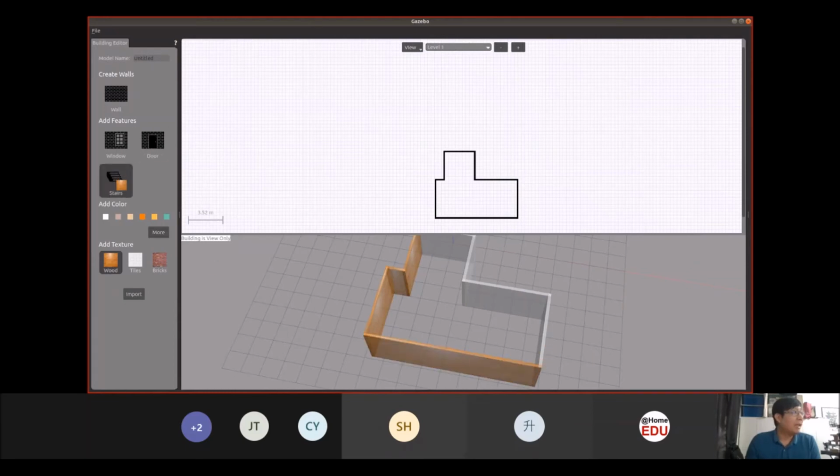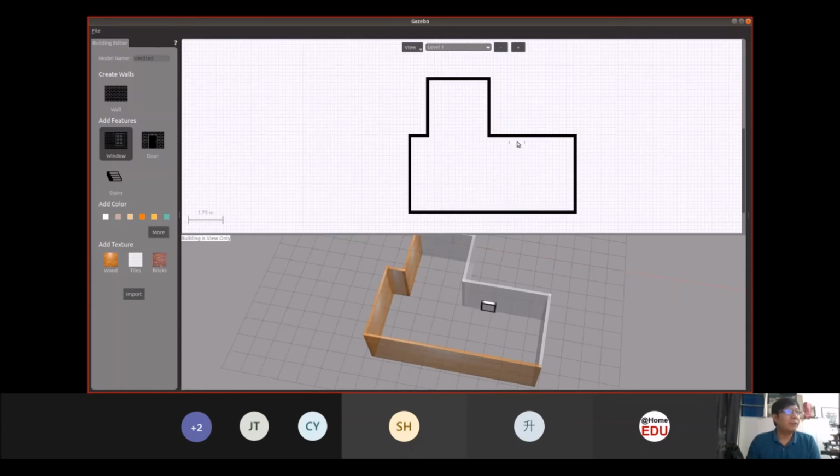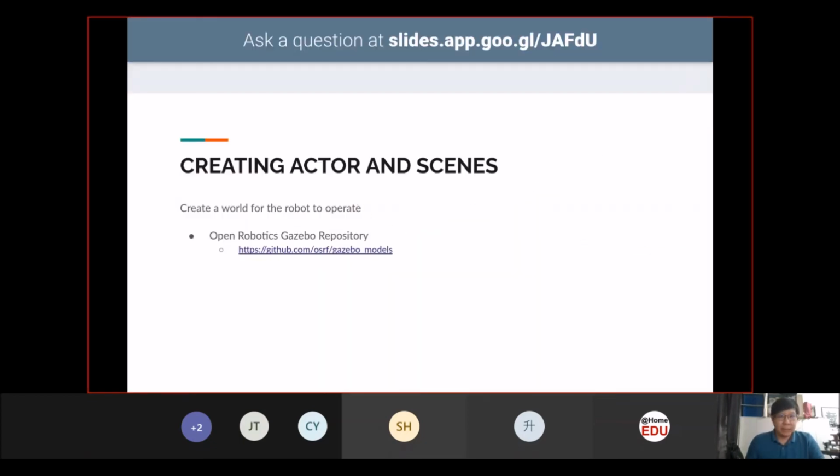If you want to go 2 floors, you can add stairs. Yeah. So you can also add doors, windows. If you notice, it's just like a floor plan tool itself. And what you build can be quite complicated. So let me just share this one. We actually have this build.